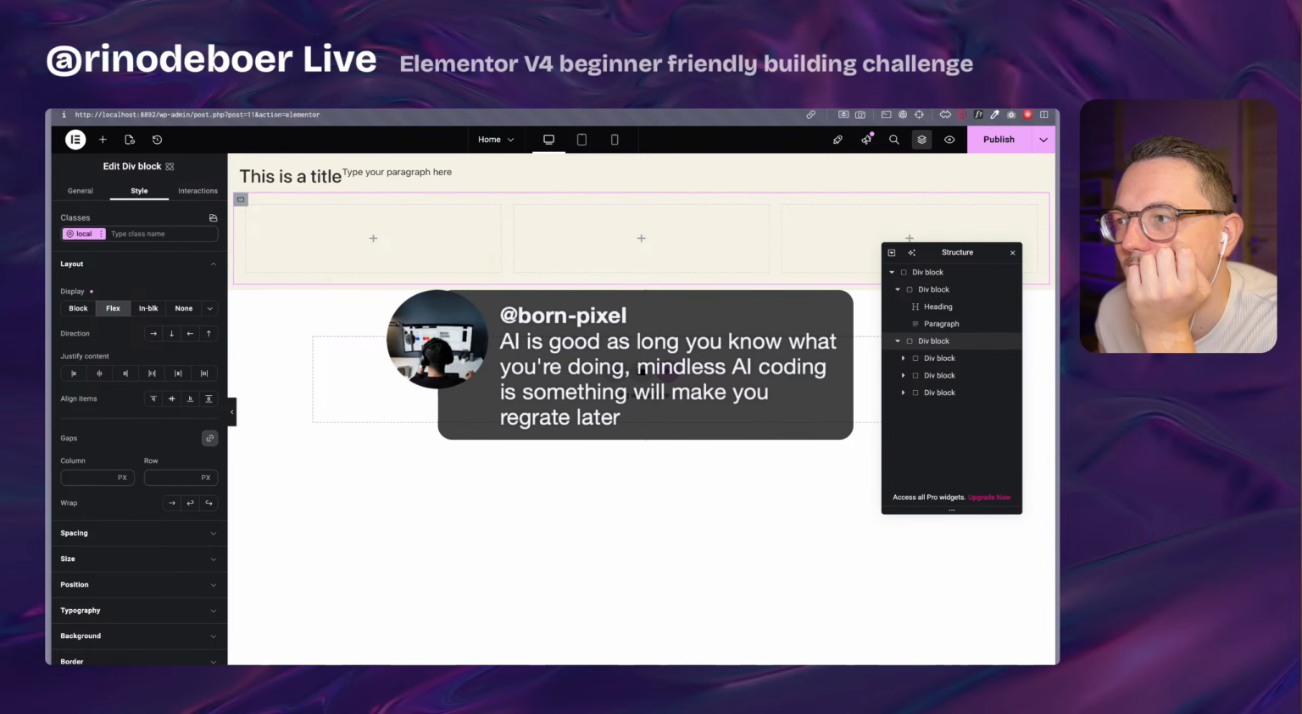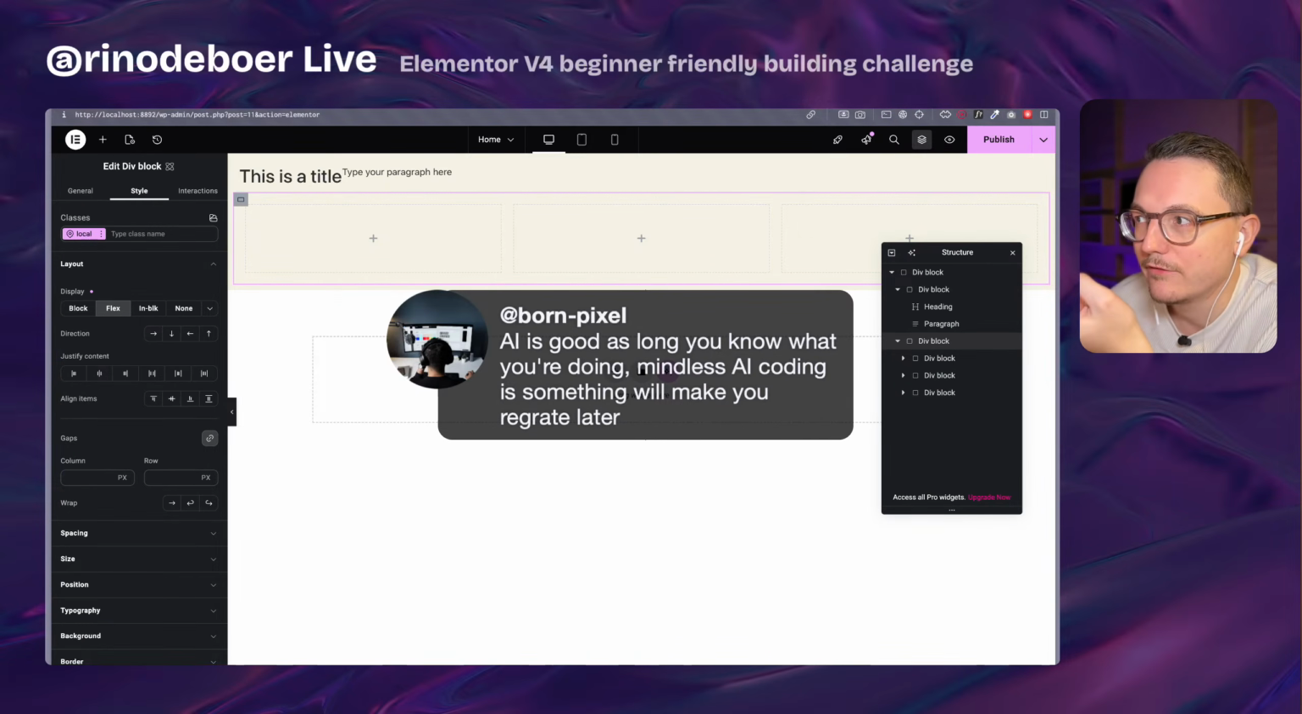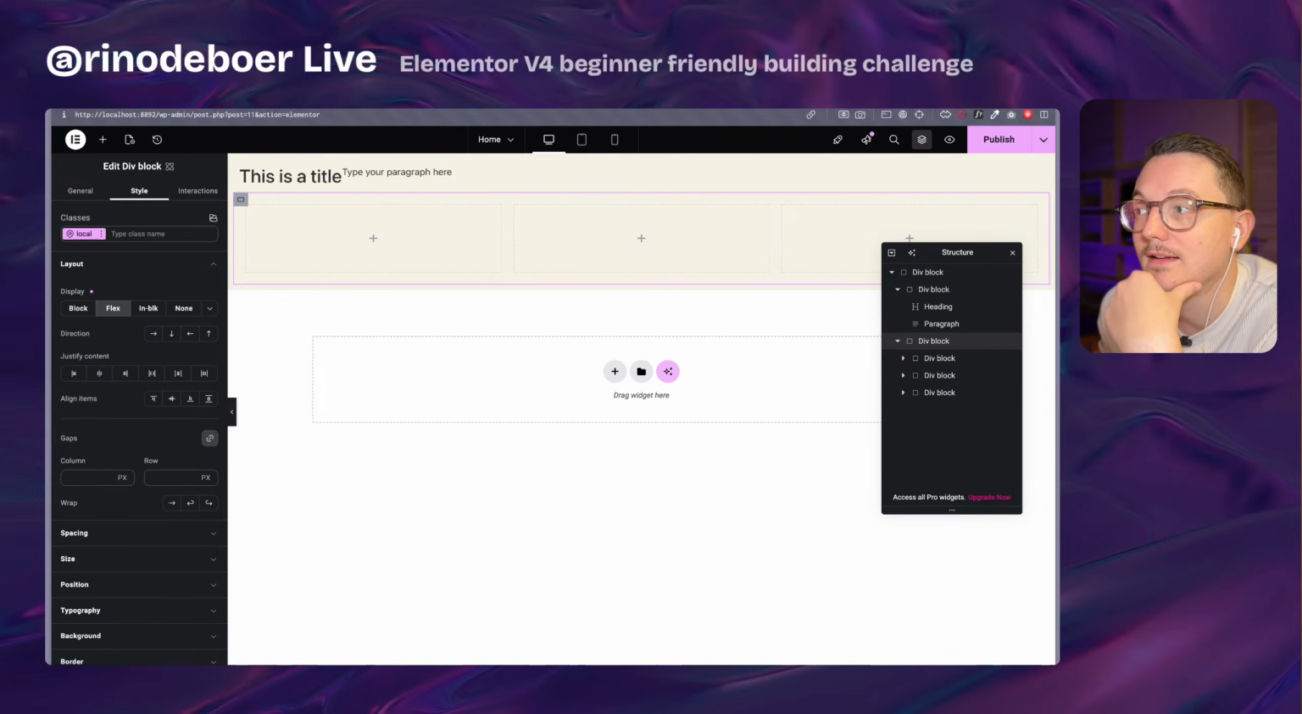AI is good as long as you know what you're doing. Mindless AI coding is something simple that will be great. Yeah, I mean, okay, so the point that I'm trying to make in my new video is that AI is great for testing stuff. But maybe we will get to a point where the AI can also use the Elementor V4 widgets and then do it in a proper way. If that's the case,